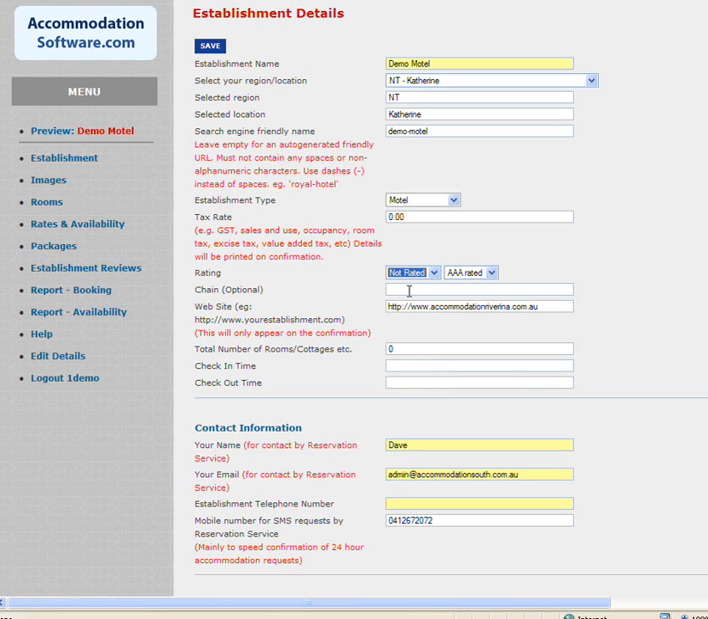If you're in a chain such as Budget, Best Western, Golden Chain, enter the details in this section. Your website here, the number of rooms or cottages or self-contained units, check-in time, check-out time,